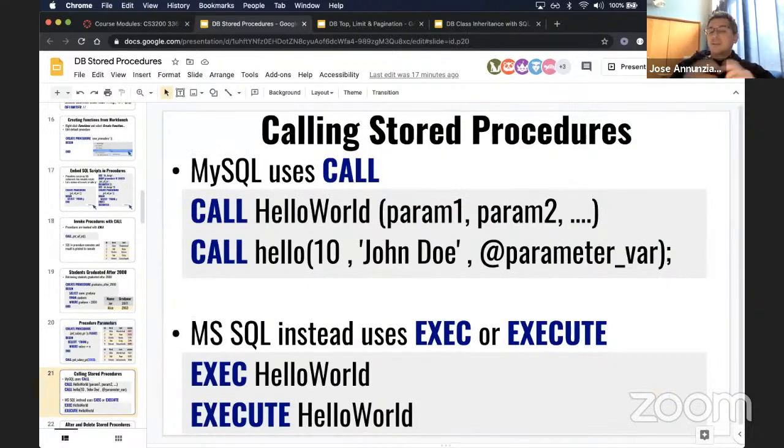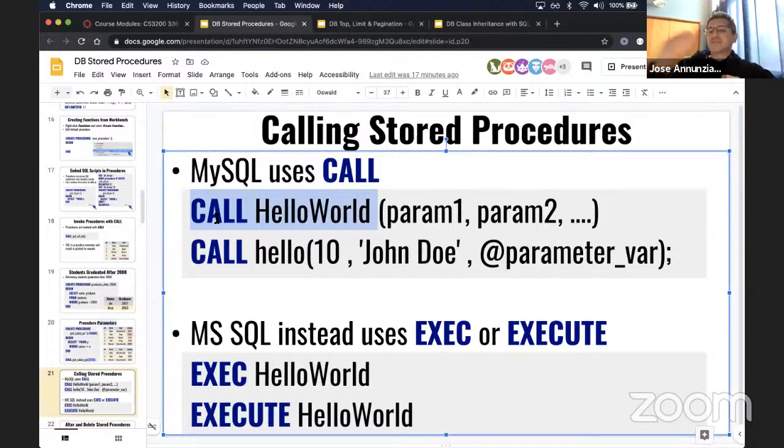To call a stored procedure, we use the keyword call and then the procedure name, and then you can pass it arguments. That's on MySQL mostly. Whereas in SQL Server, you use the keyword exec or execute. But other than that, it's pretty much the same thing. Also, if it has no arguments, you can leave out the parentheses in